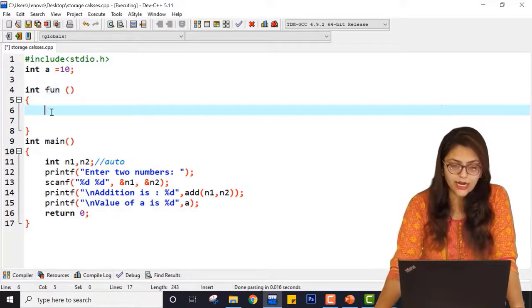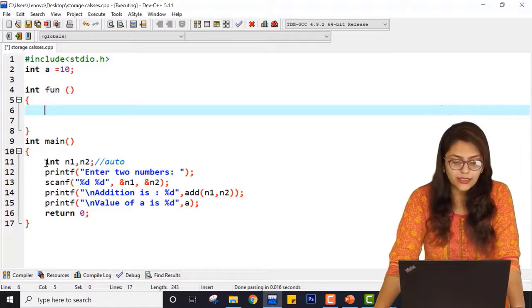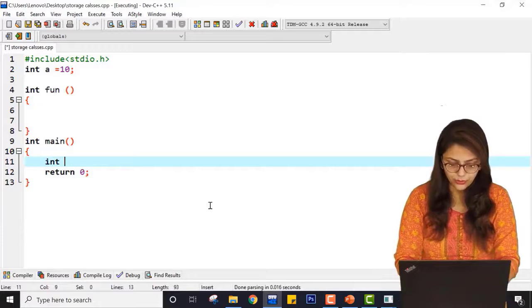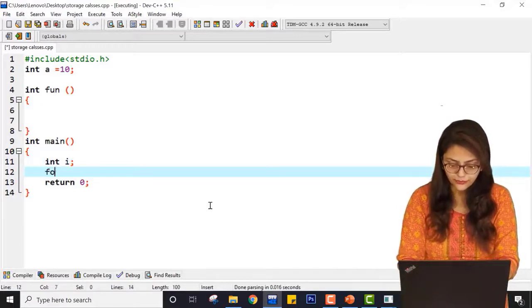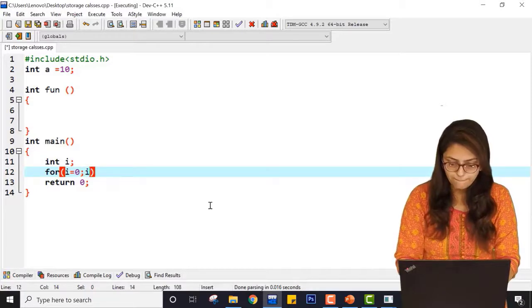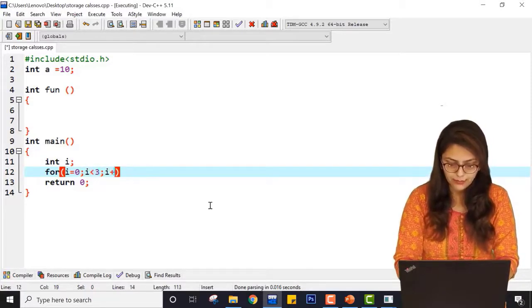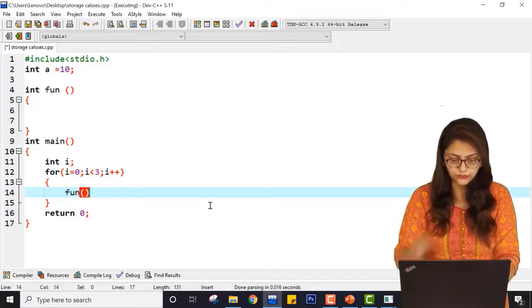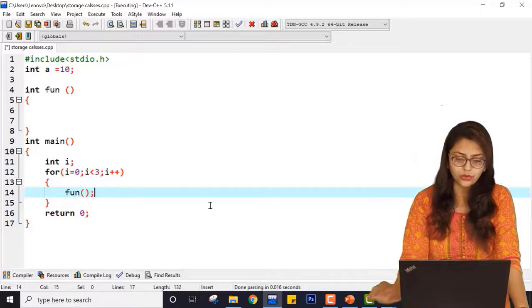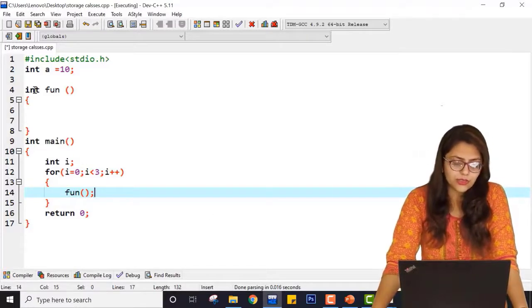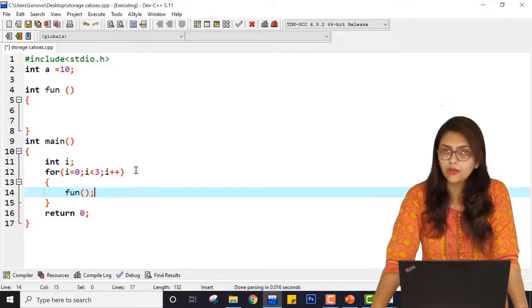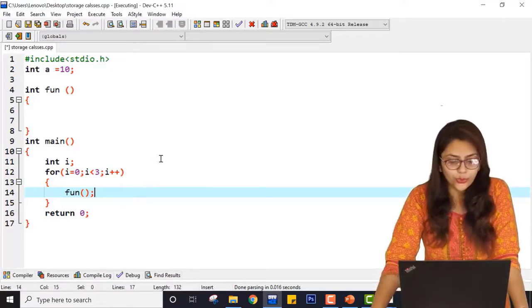If I write this entire program again, I am having one variable int i, then I am writing for i equal to 0, i less than 3, i plus plus, and I am going to call fun 3 times. So for i equal to 0 it will run, for i equal to 1 it will run, and for i equal to 2 it will run, right?